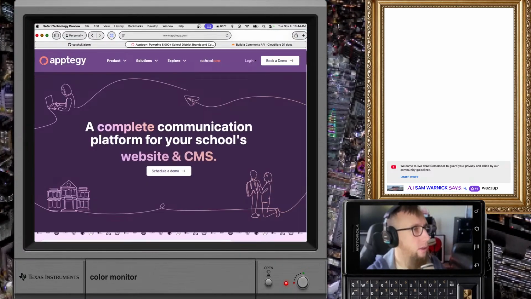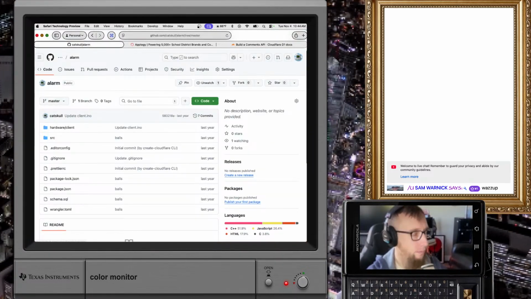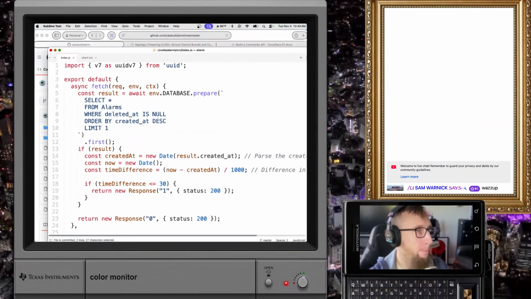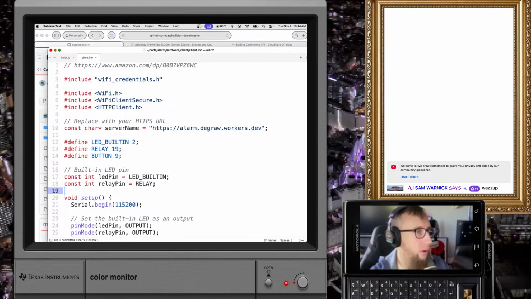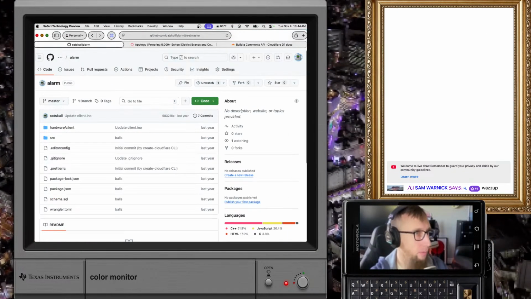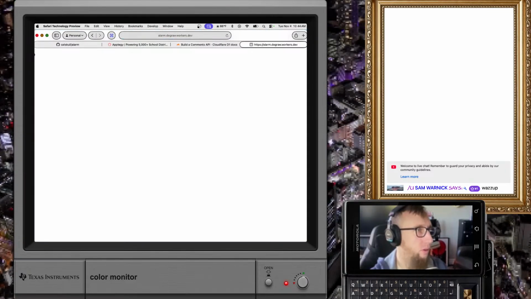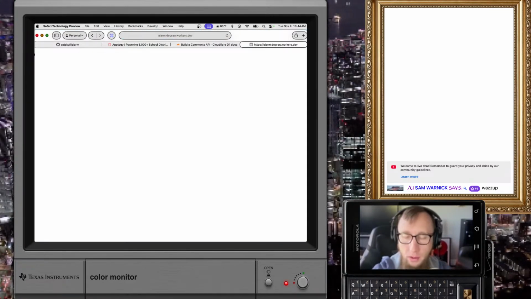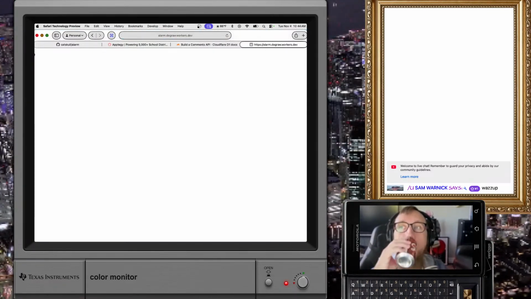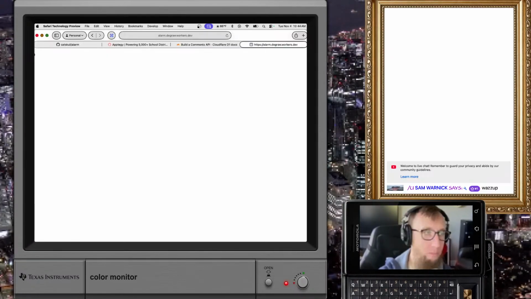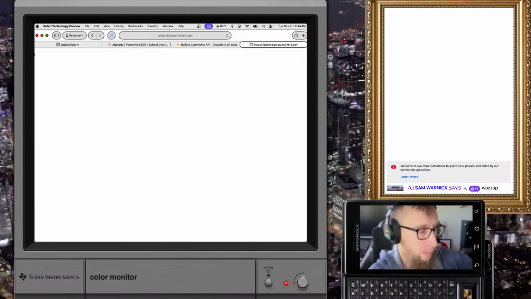So this is the URL. What happens if I just go there in a browser? It'll probably just say false. Yeah, 0, because there's not one. How do I do this?